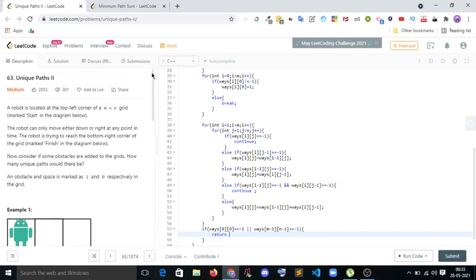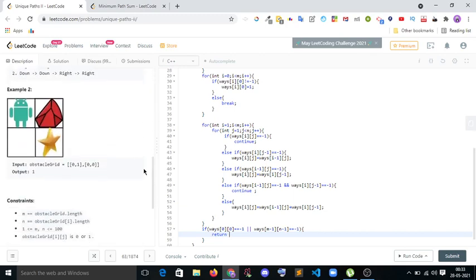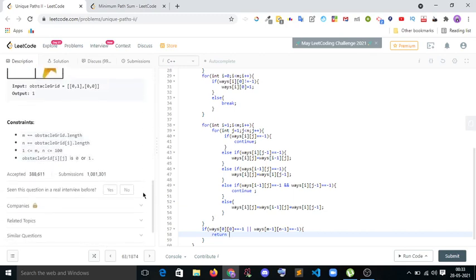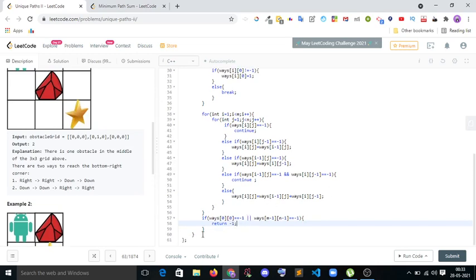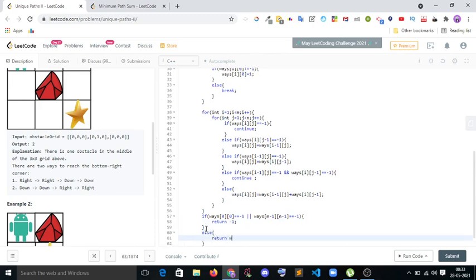If it is not possible, there is no mention in this one, but there could be such a test case. This is a very similar question, you can try it out here. Else return ways of m minus 1 comma n minus 1.